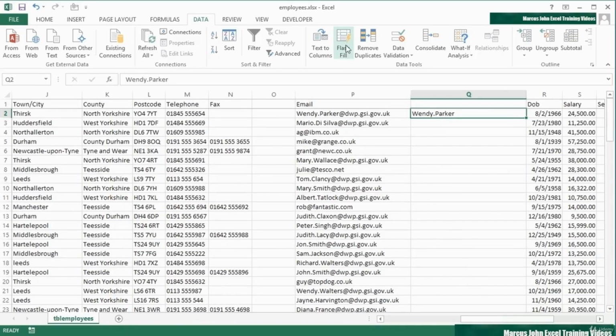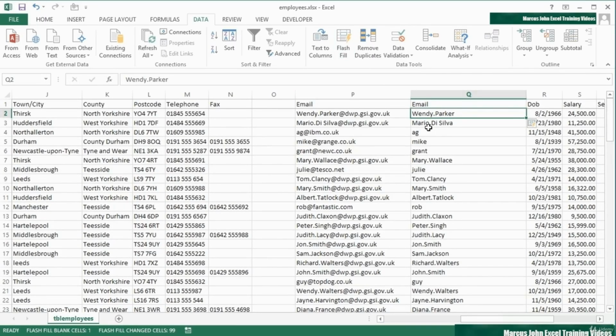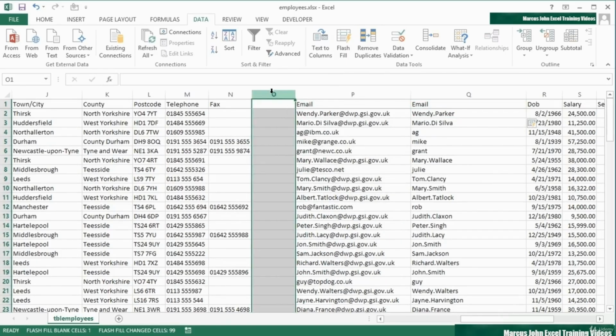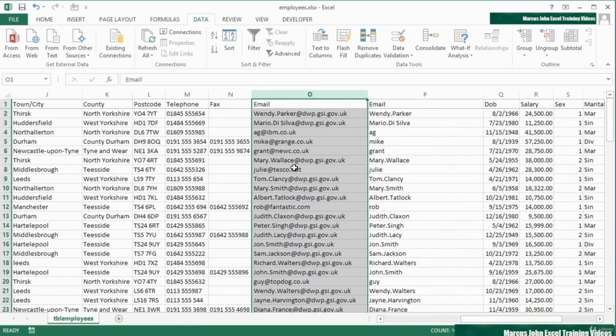Then we hit the flash fill, and we see that this time it understands it. Wendy.Parker is the prefix to the @, Mario de Silva is the prefix to the @, AG is the prefix to the @, Mike is the prefix to the @, Grant is the prefix to the @. So we had to sort of trick it a little, but it still did it. It understood what I was after and went ahead much quicker than trying to use some complicated IF and FIND and MID functions to effectively strip out the prefix to the @. So their mailbox name is what I've been after here. I can then go delete that empty column because it's done its little job for me,